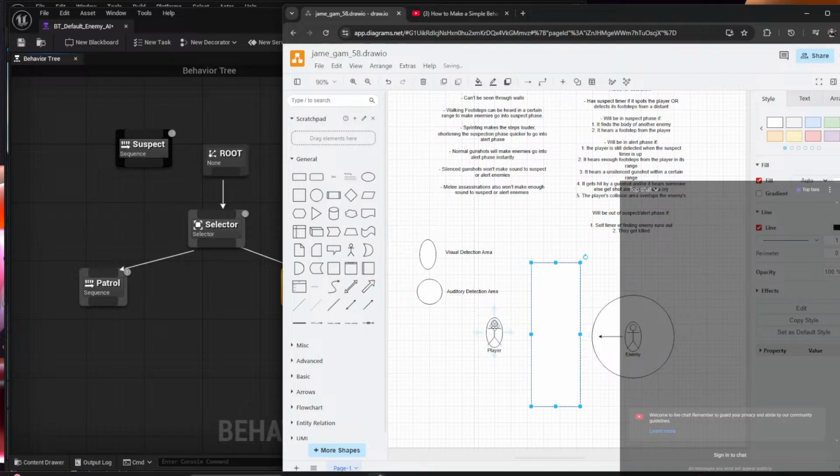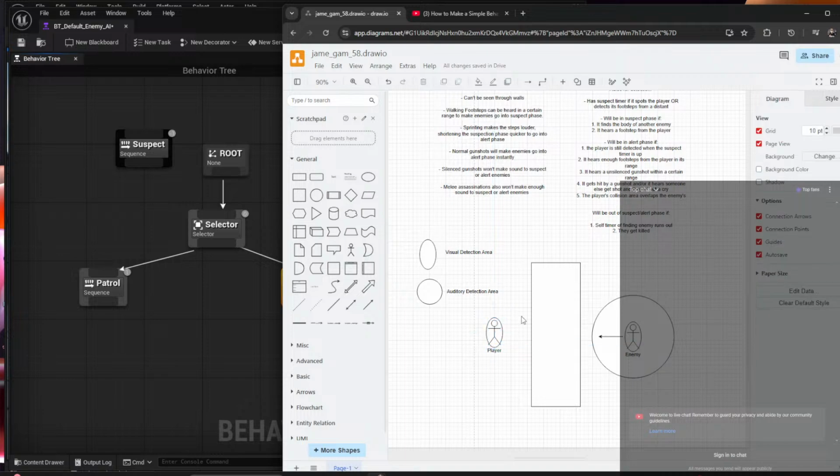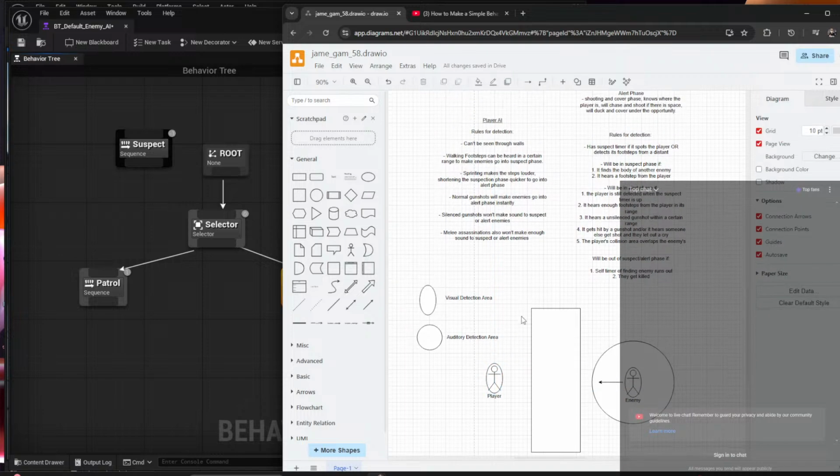If the player's making noise and jumping around, the enemy's gonna detect that, and the timer it has for suspecting will go down quicker if the player keeps jumping and moving around without much thought. You can't just silence the footsteps with a crouching state, but yeah, so